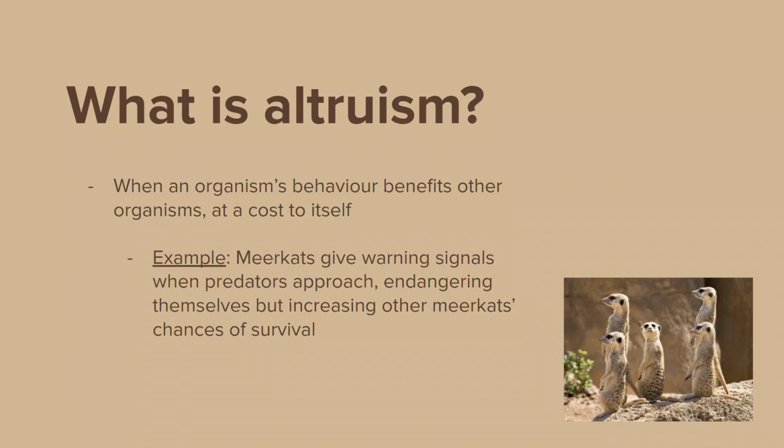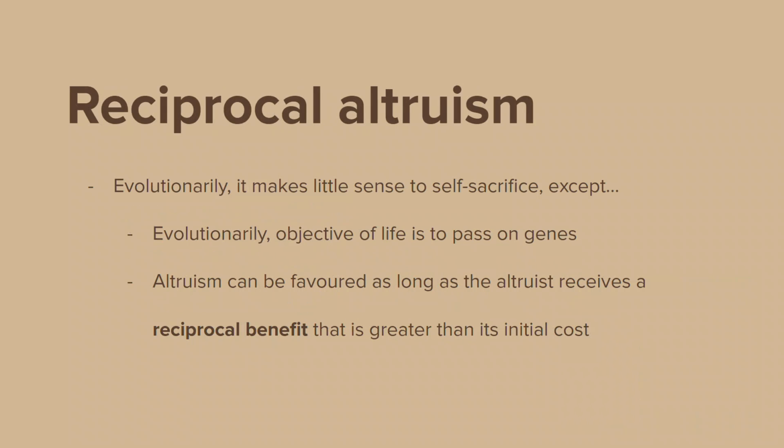Now, this might seem a bit counterintuitive. After all, why would meerkats develop such a behavior that endangers themselves? It just seems against the rules of fitness that Charles Darwin put in his The Origin of Species. However, after some toiling in the 19th and 20th centuries, biologists and ethologists have been able to come up with a general rule for altruism. And to do that, let's talk about the idea of reciprocal altruism.